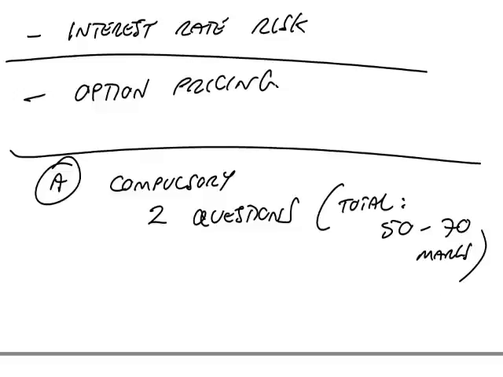So it can vary, but in total 50 to 70 marks. So it's 2 big ones. Usually it's something like 2 30-mark questions or a 30-mark and a 40-mark, but 2 big compulsory,